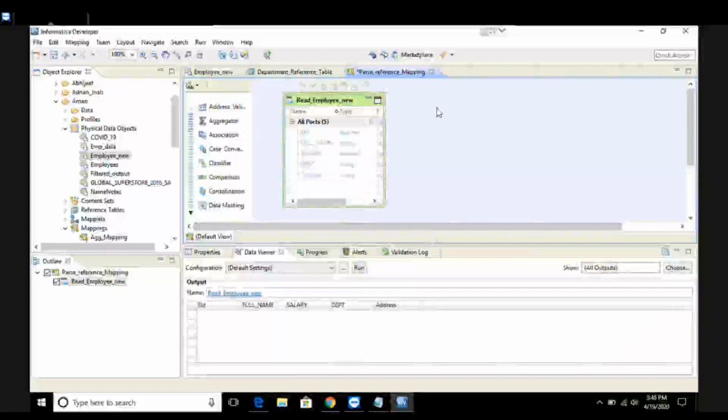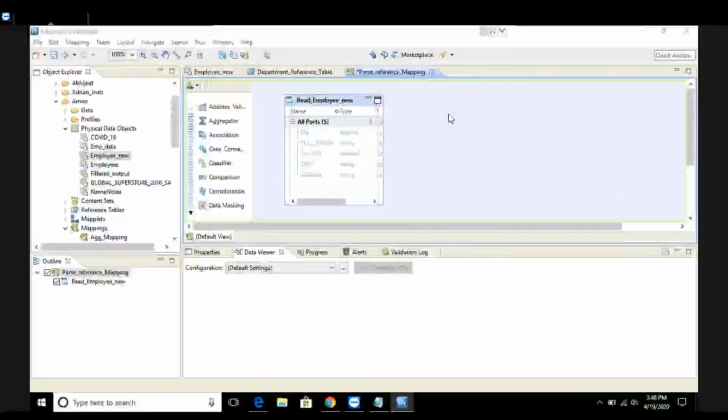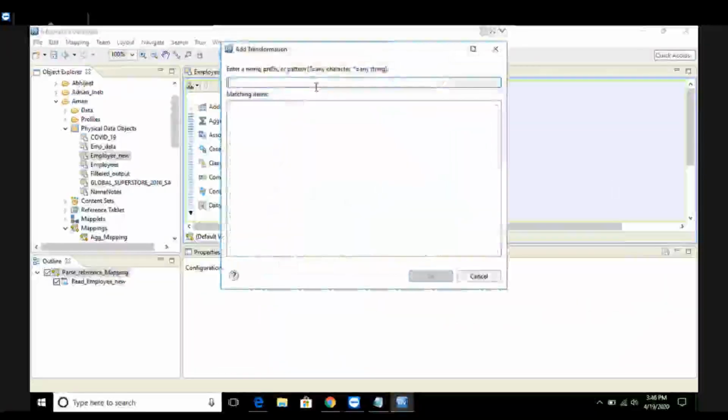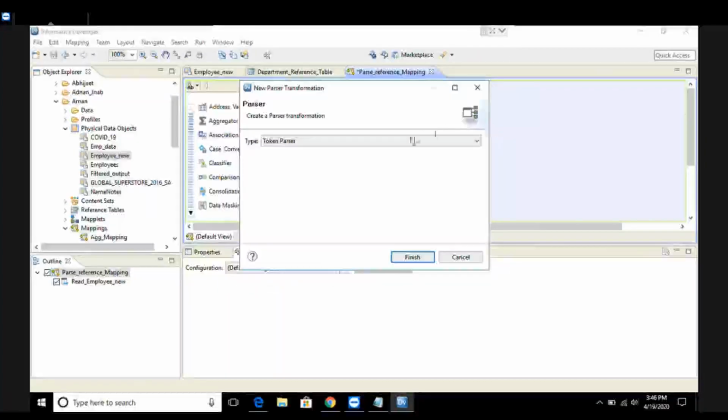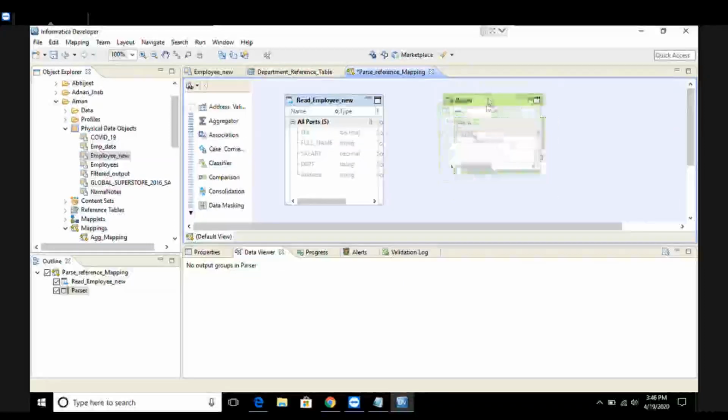Next step is to use the transformation, that is the parser transformation. I click on add transformation and here I type parser to get the desired output. Click on OK, and the type which I'm going to use is token parser. I click on finish. I get this icon. Now the very first step is to connect your source data with the parser transformation.